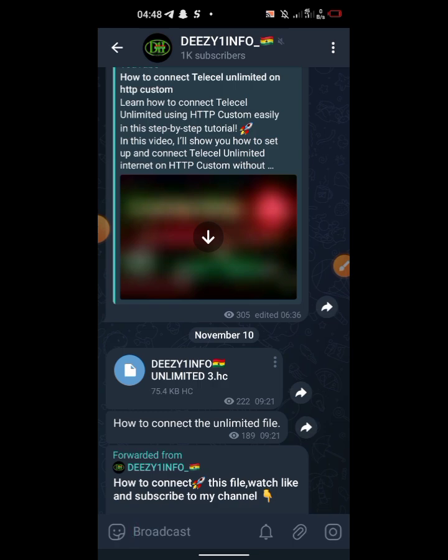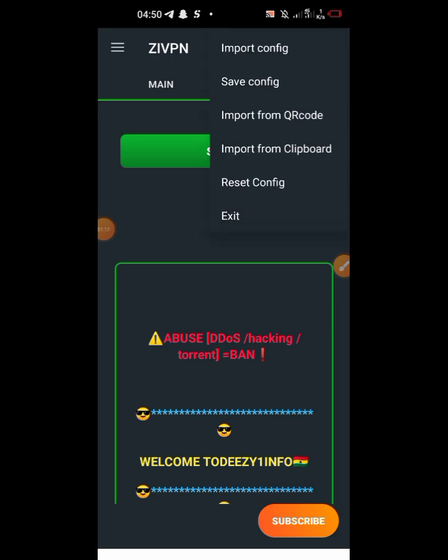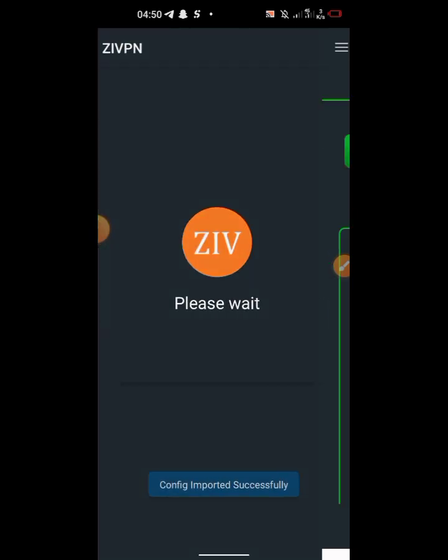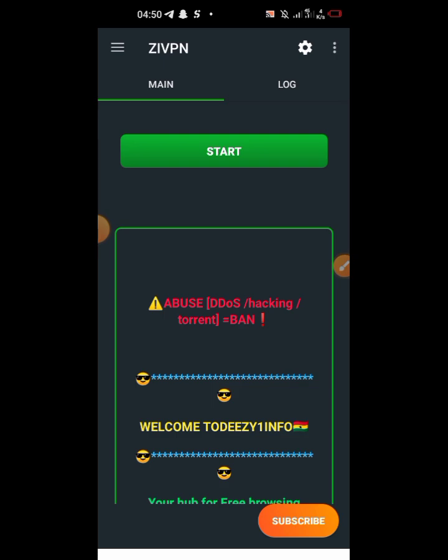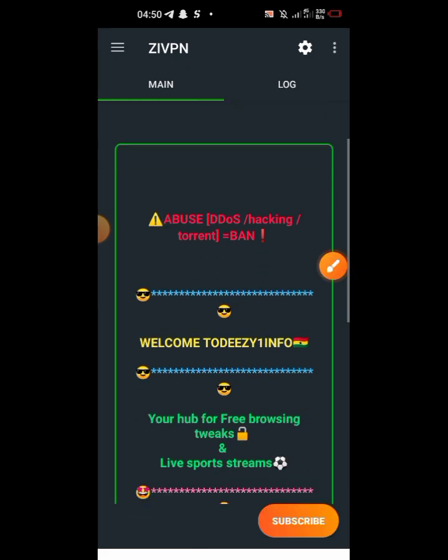The moment they import the file like this one, they will see the welcome messages, like mine. When you scroll down, you see everything over here.